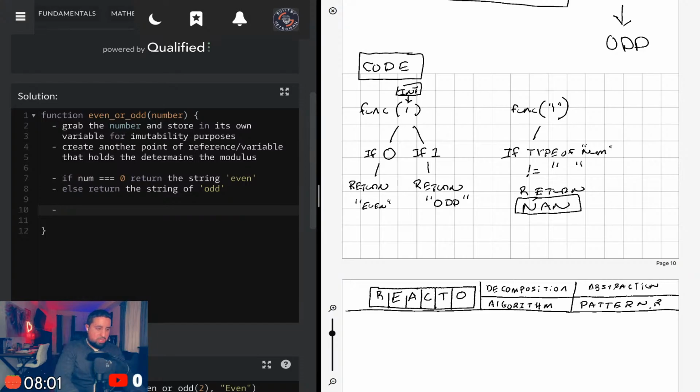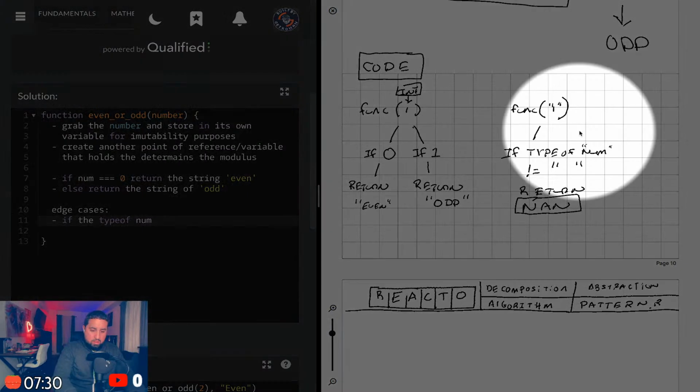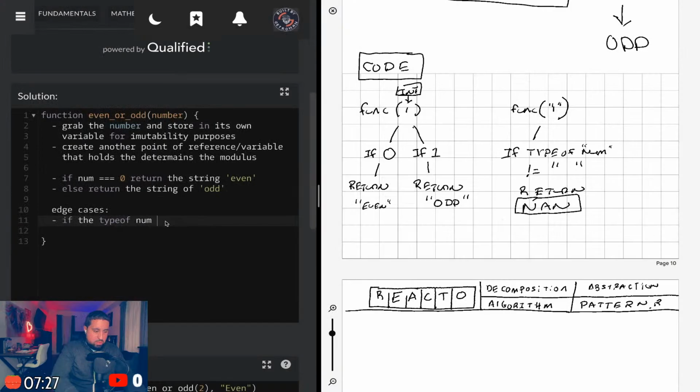Now this is one of the edge cases. In this event, if the type of num, yes, because it's dealing with data type, does not equal the data type of string, I gotta look that up too to make sure that when I use a typeof clause, I'm doing it the right way.